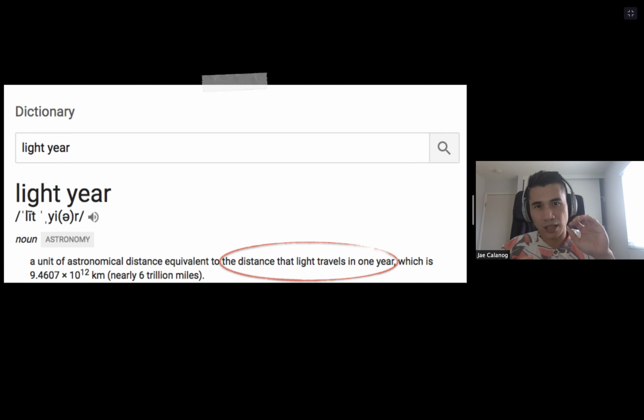And the reason why I highlight this is because people use light years, more often than not, in an incorrect way. For example, when businesses say, "Oh, we're light years ahead of the competition," typically what they mean is that they're way ahead of their time, which isn't necessarily accurate because, again, a light year is a unit of distance as opposed to time.